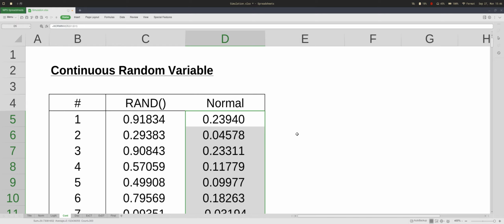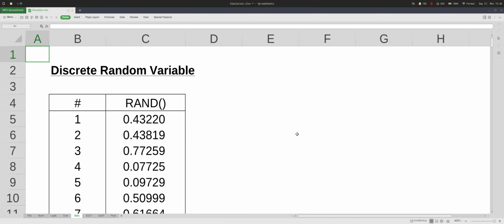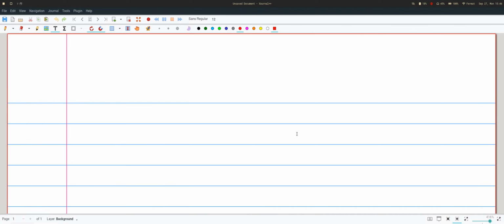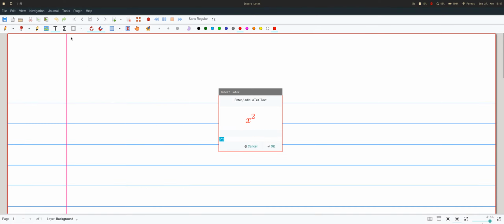Okay, now that is some basics of this inverse transform technique on continuous random variables. If it is a discrete random variable, things become a little bit more tricky. So let's look at this part here. Then we can say that, if we were to write the inverse transform technique in slightly